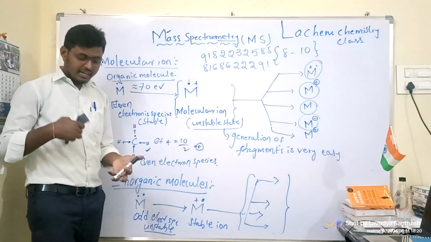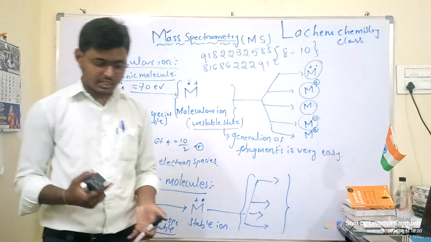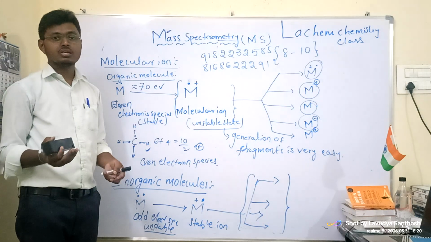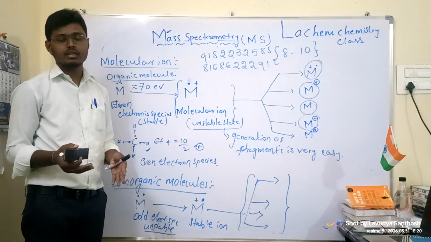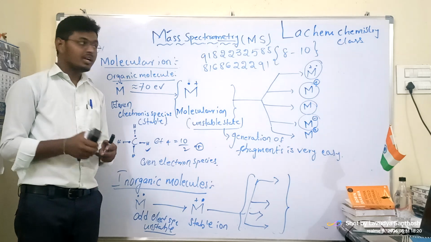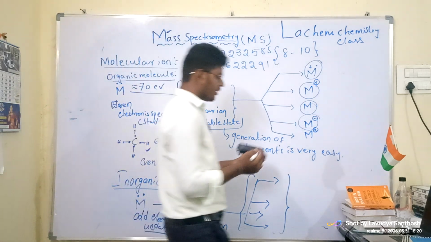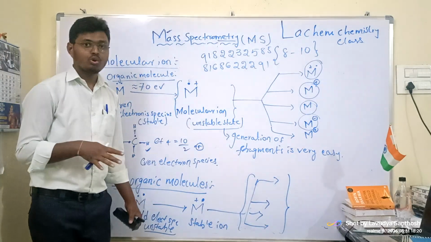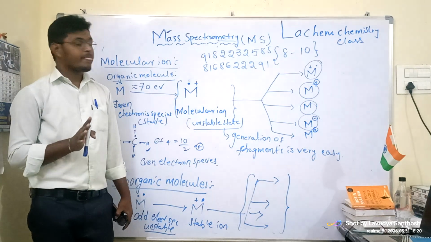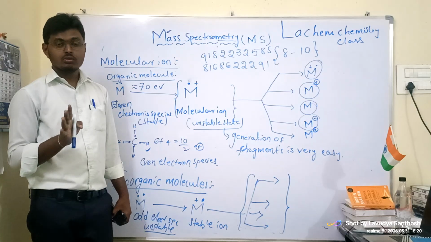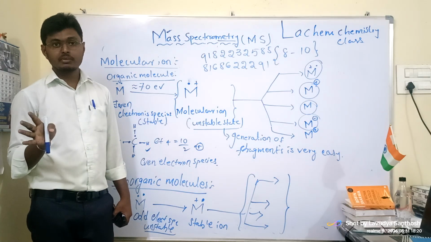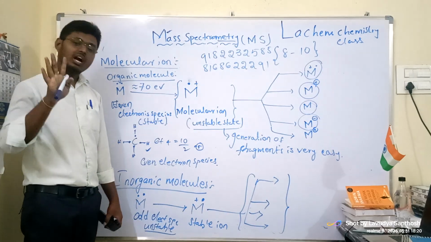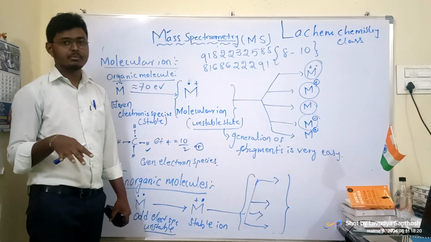And in our next class we will be going to study with respect to the bonds. For example, sigma bond, whether it is covalent bond or coordinate bond, metal bonds, pi bonds, nothing but whether the electrons are there in HOMO or LUMO. HOMO, LUMO, highest occupied molecular orbital. You might have studied that in chemical bonding. If not also no problem, we will be studying that in our chemical bonding.